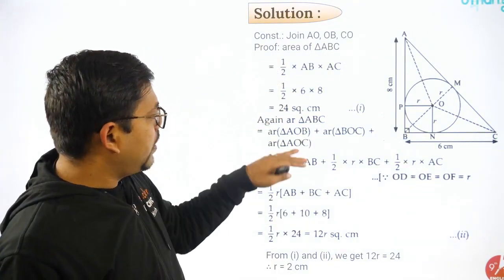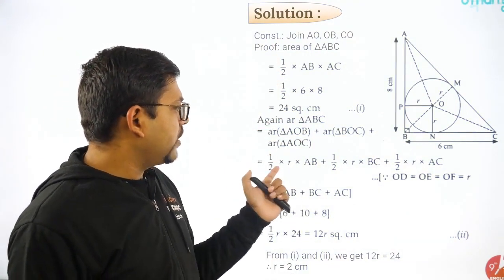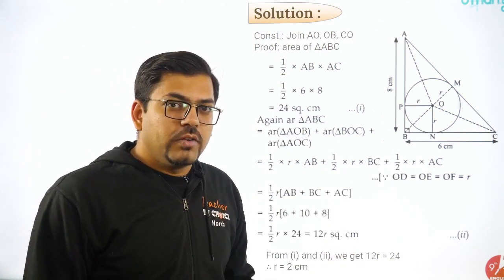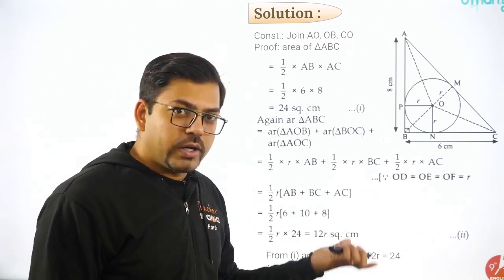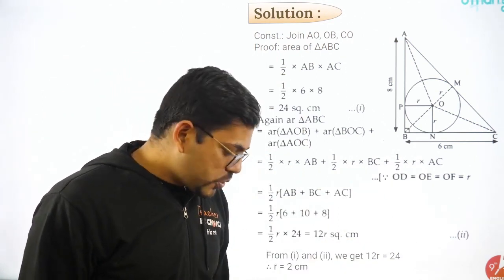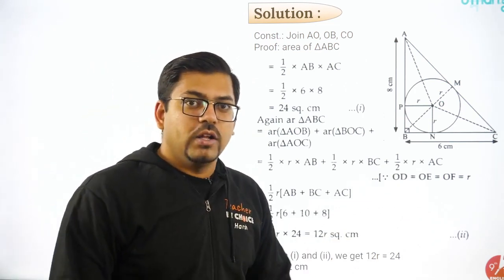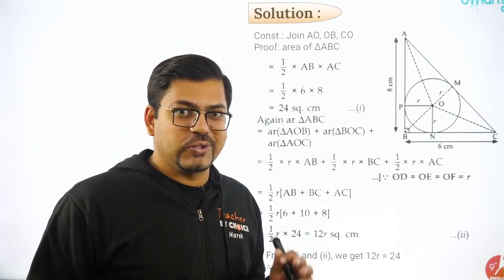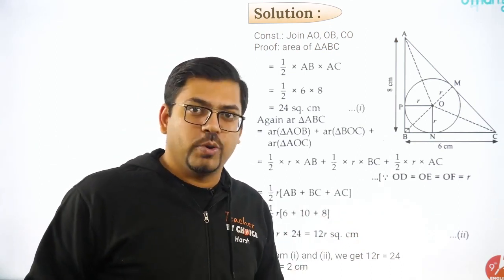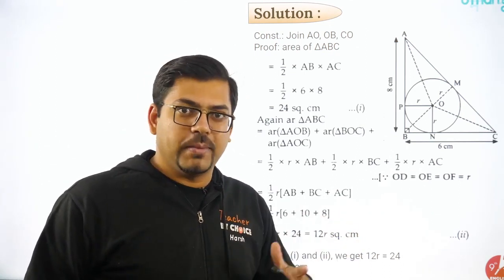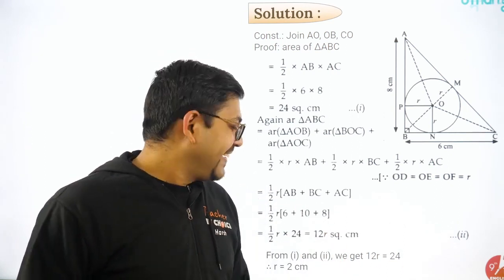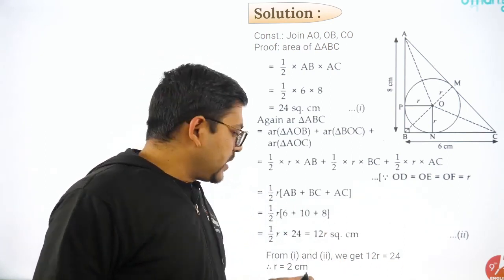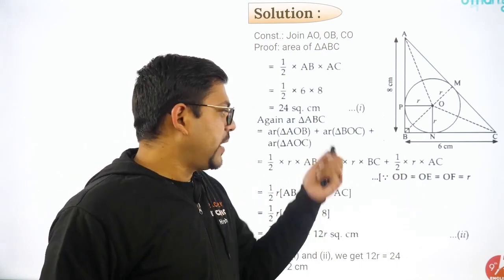They have taken a long method, like they have taken the area of triangle, but probably we can solve it much more easily. So I solved it that way, since I'm assuming that you would have studied the entire syllabus. So by this time you know all other theorems like tangent from an external point, radius square, Pythagoras theorem, everything. If you know everything, then that method would have been easier compared to this.